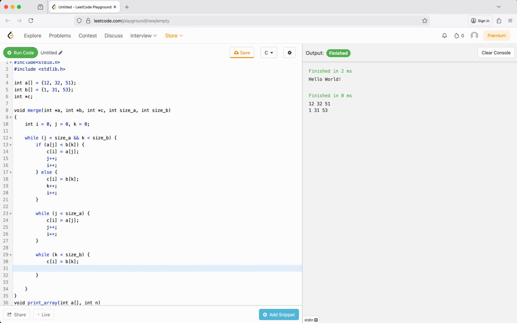And so we then just exhaust the one that we haven't yet exhausted. So this is what is going on basically in plain English language. We are exhausting the one that still has more elements left. So k plus plus and i plus plus. So if you see, that's pretty much